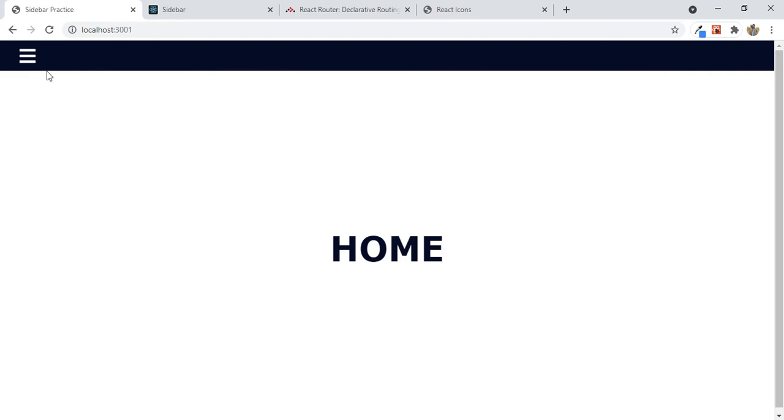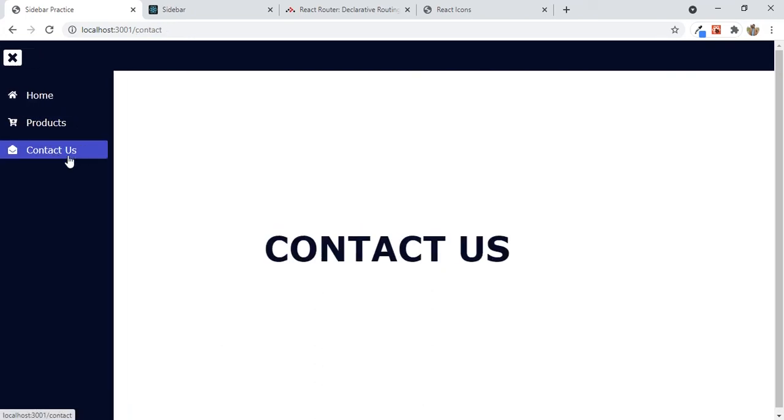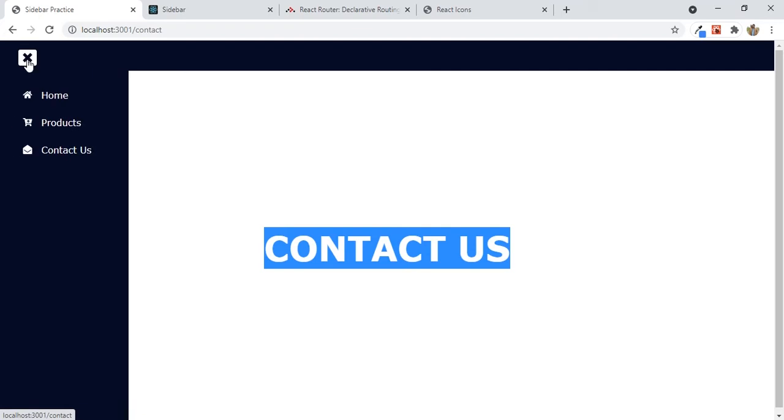For example, this is the home page, and if I go to products, you can see the URL changing. It is now on another page, now at products, and if I go to contact us, it is on the third page. So this is the basic setup that we will be building today, and we will be using React Router DOM